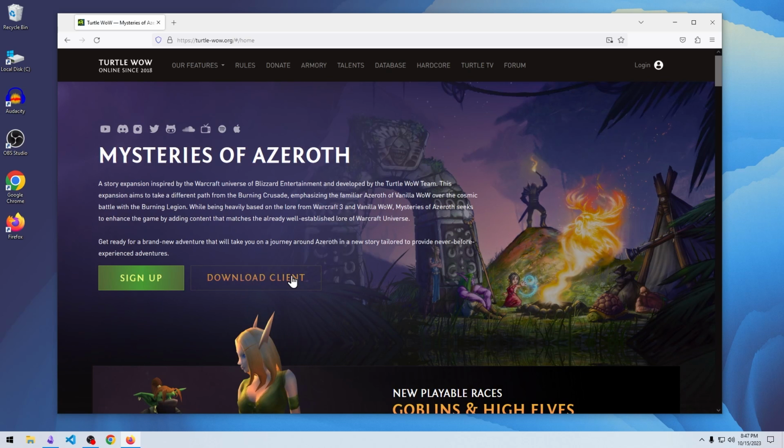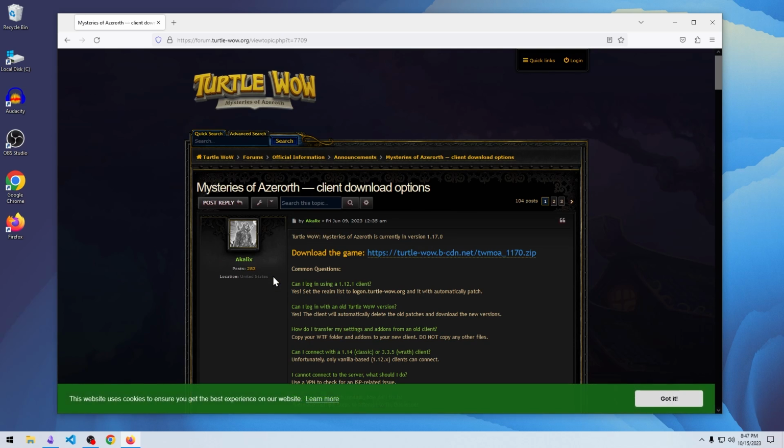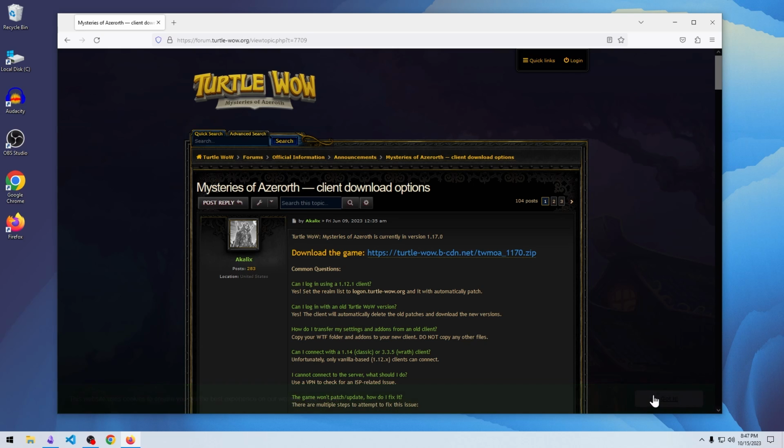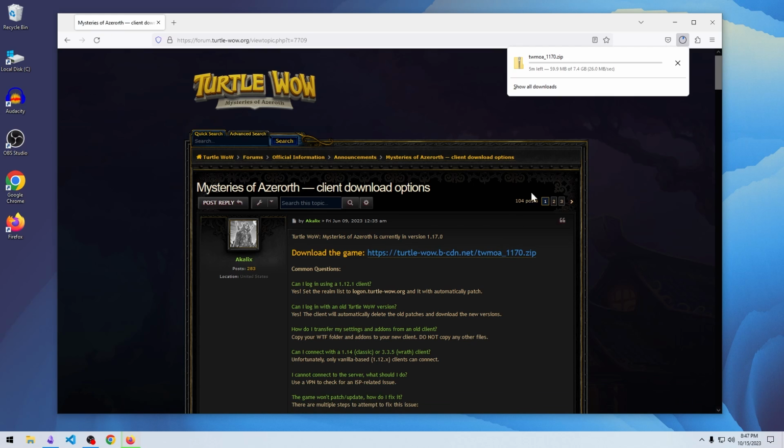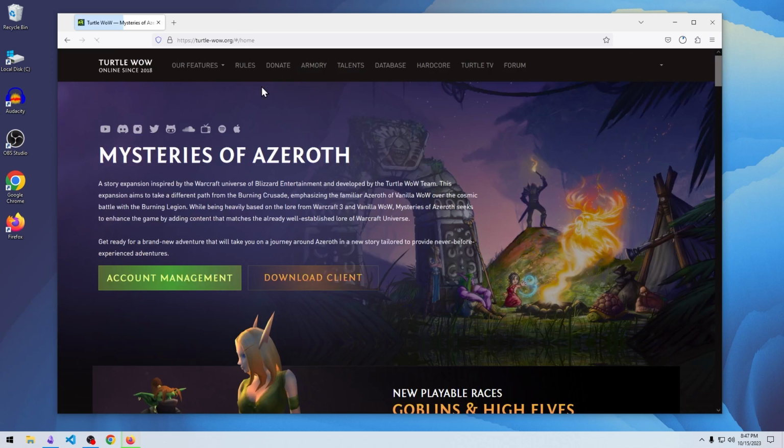Here on the website's main page, we can click the Download Client button. That takes us to a forum post with a link to the client download. Click the link and your browser should start the download. It's around 7 gigabytes, so while that's downloading, let's head back to the main page and click Sign Up to